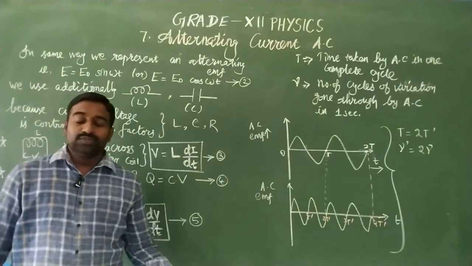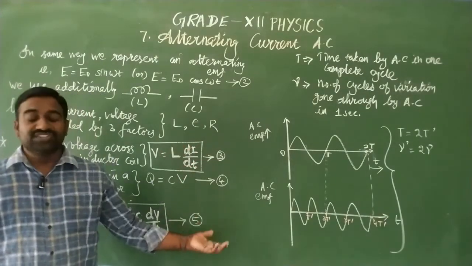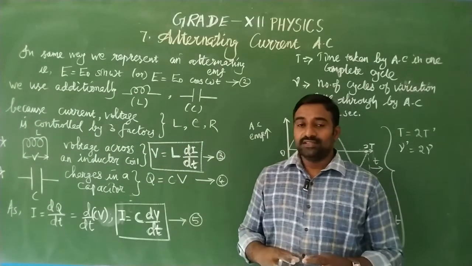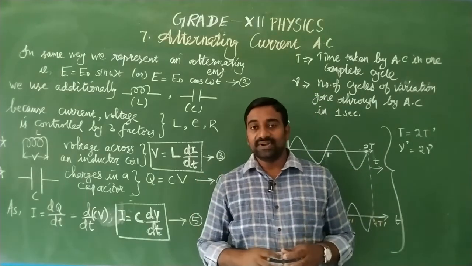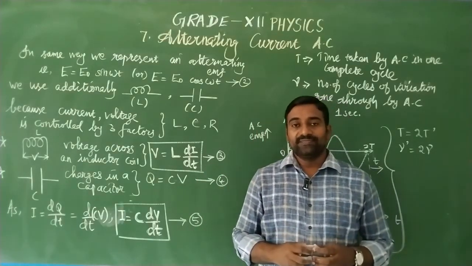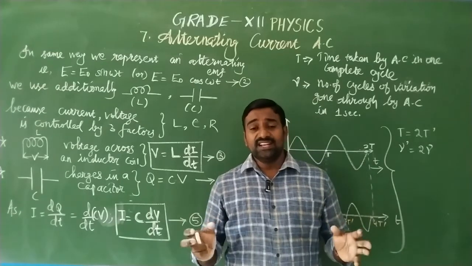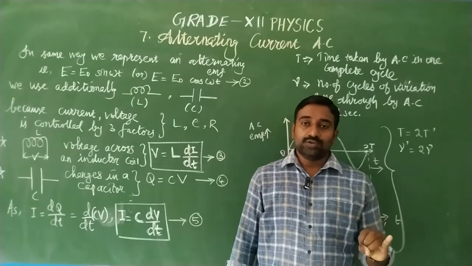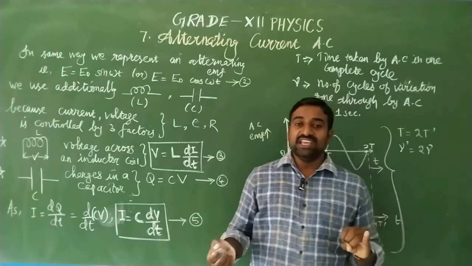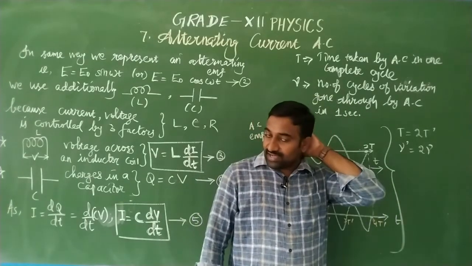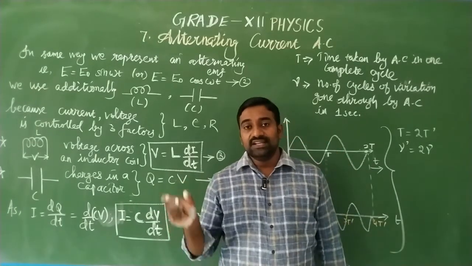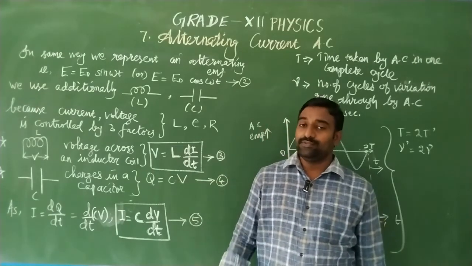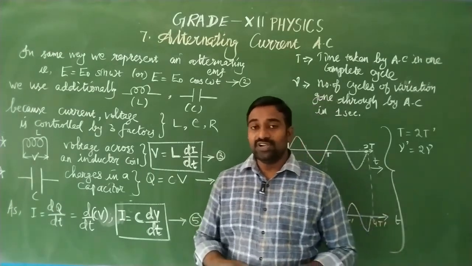Okay, so this is the general introduction about AC current. I repeat once again, in the lesson alternating current, we have summarized the introduction points today. Before knowing about AC current, in an electric circuit two important components play an important role. The first one is the battery. What is the role of the battery? The battery produces an EMF. Then a resistor. What is the role of the resistor? The resistor controls the flow of electrons, that is, the flow of current. From Ohm's law, V is equal to IR.